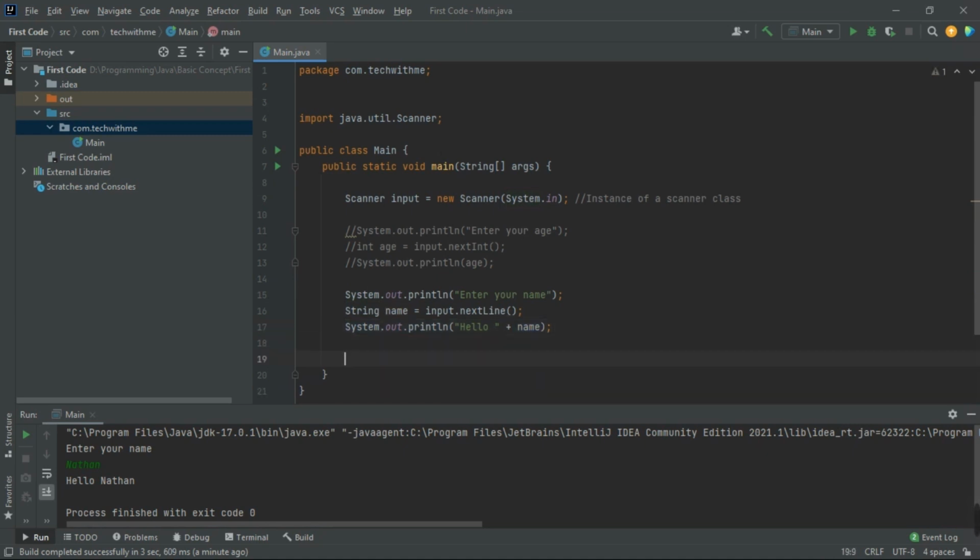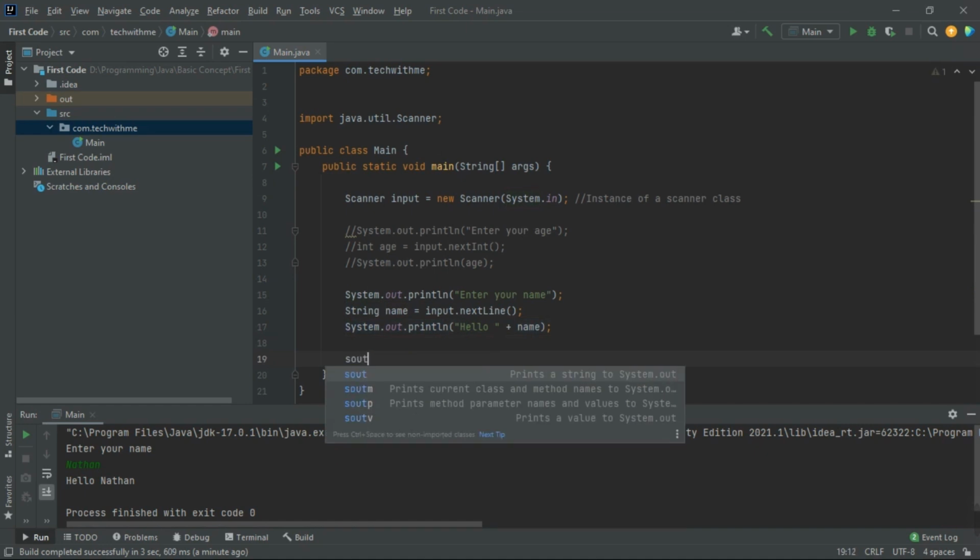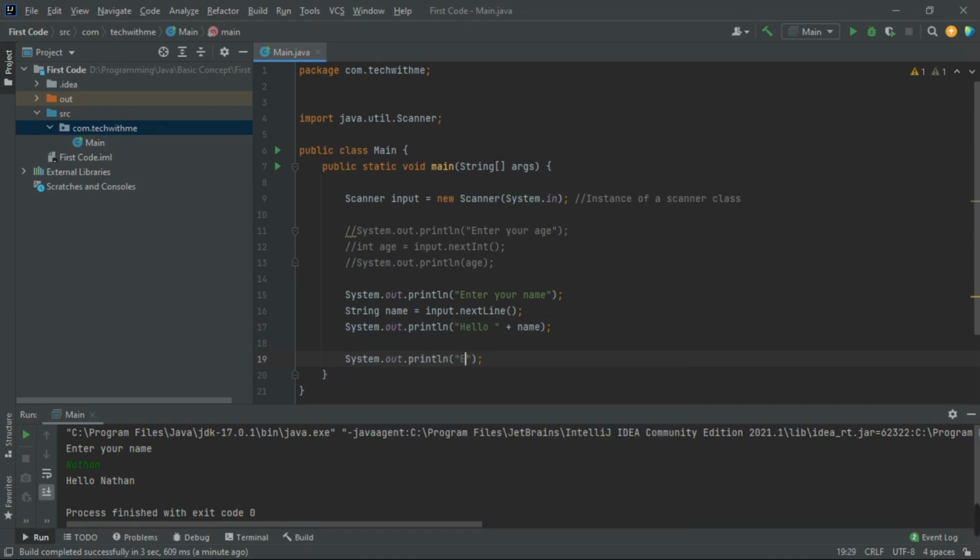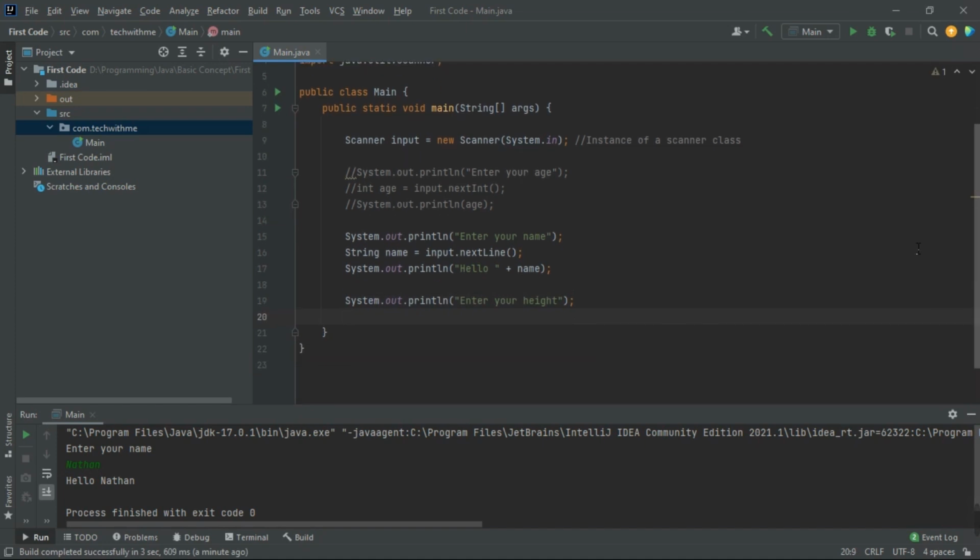So let's continue. So let's say enter your height. To take a height, we should use a double here. Double is mainly used. So the height should be stored in a double variable, which is in small letters. So double